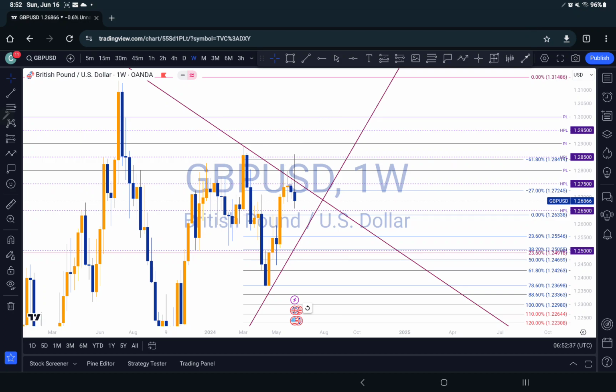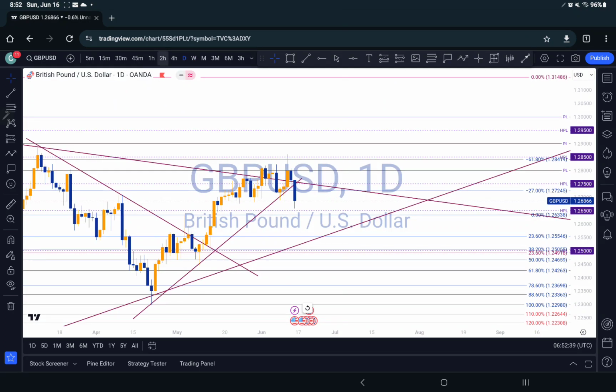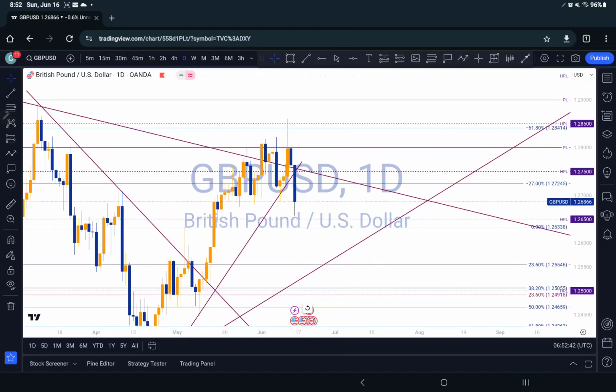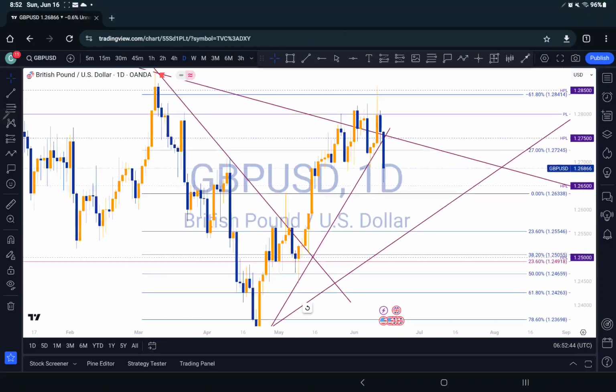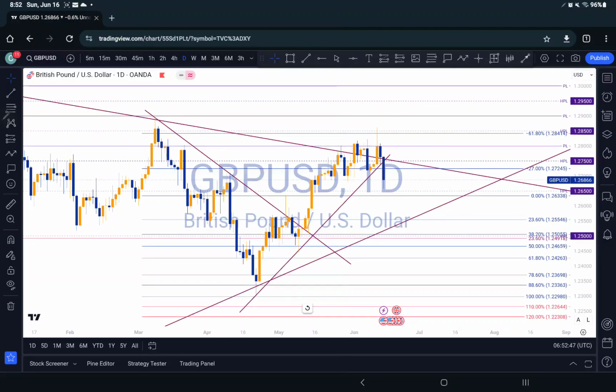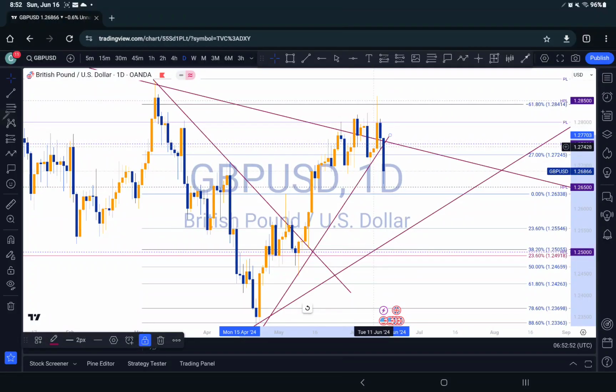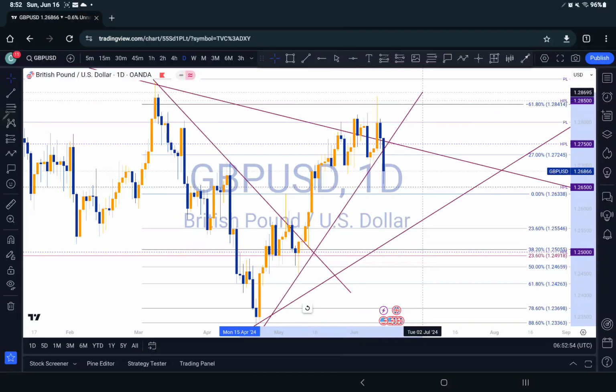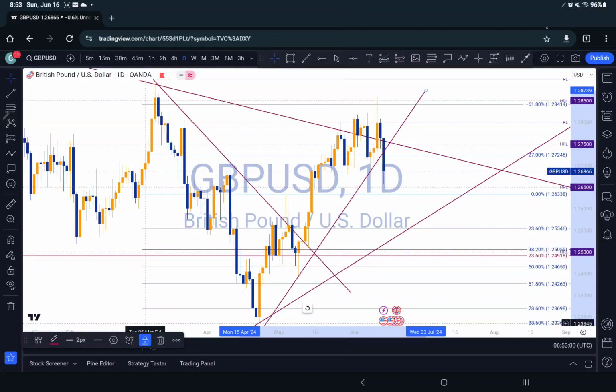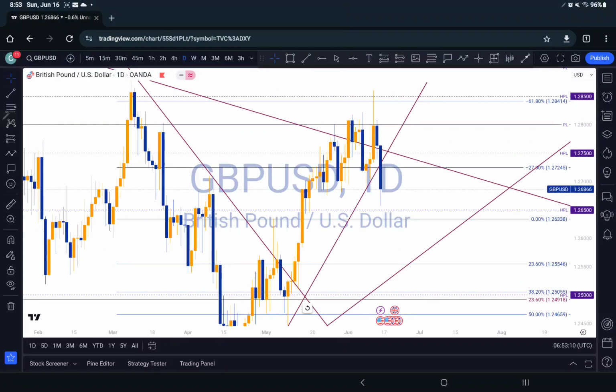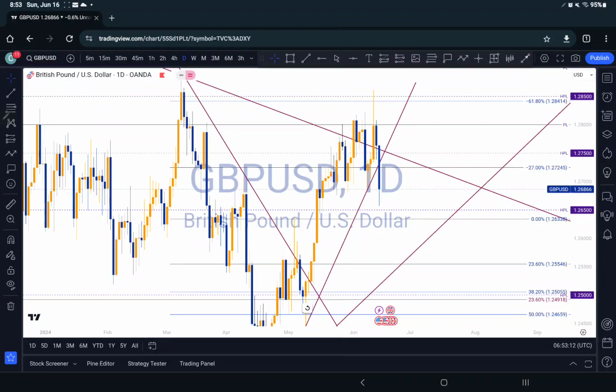So let's go to my daily time frame and see what the market is saying. We can see based on this right here, the market has broke out of this counter trend line right here, right? Yes, it did, but it's not really solid yet, based on the fact that if I put a zone right here,